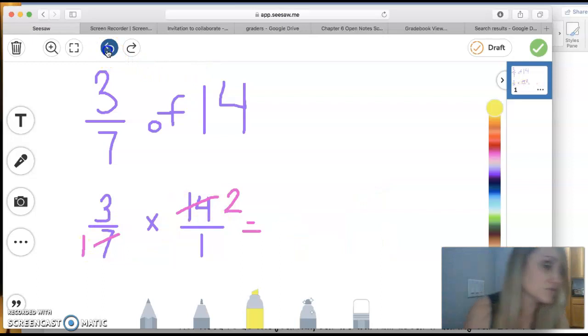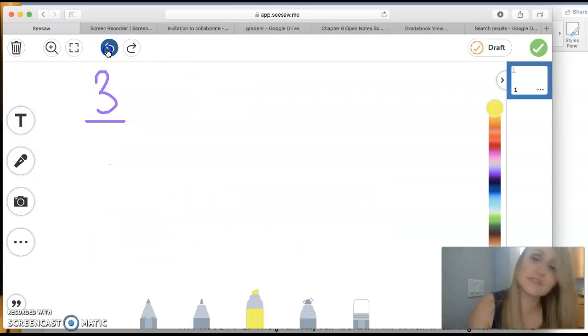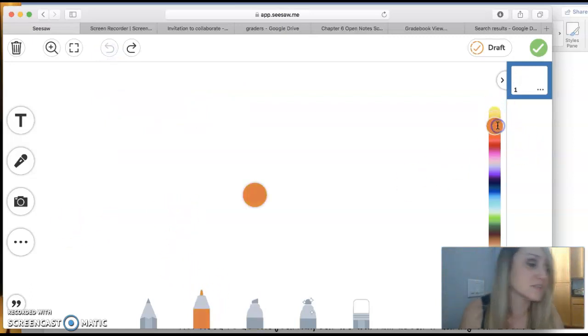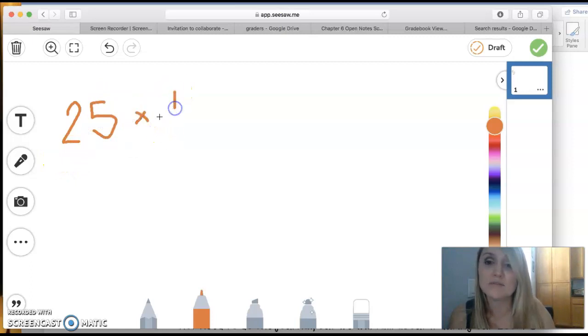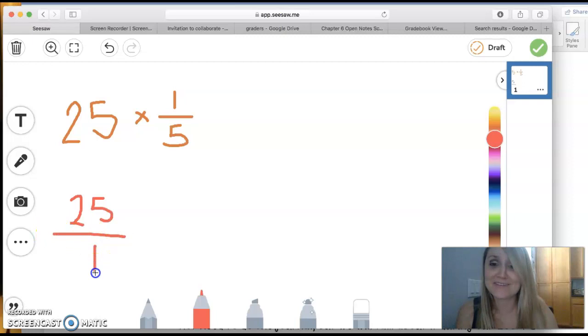All right, let's try number 3. So this time they did not use of, they actually just gave us the number. So that makes it easy. So 25 times 1/5. So again, first thing you're going to do is to put this number over 1. Do 25 over 1